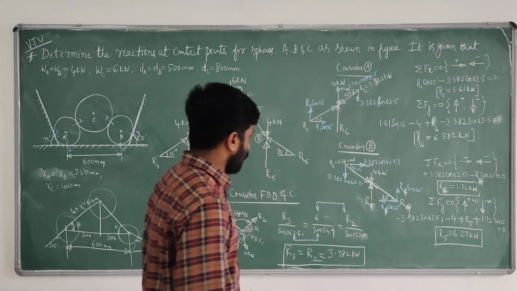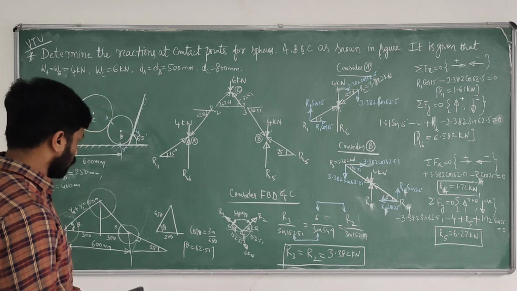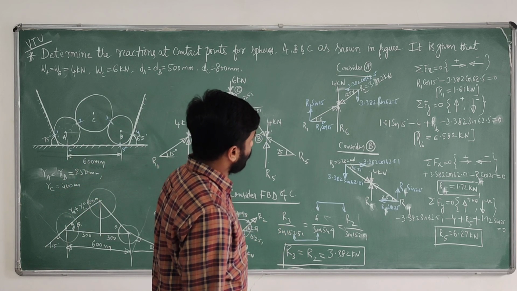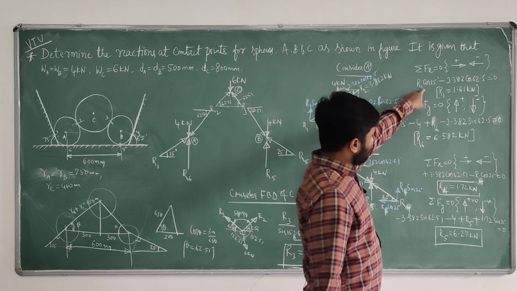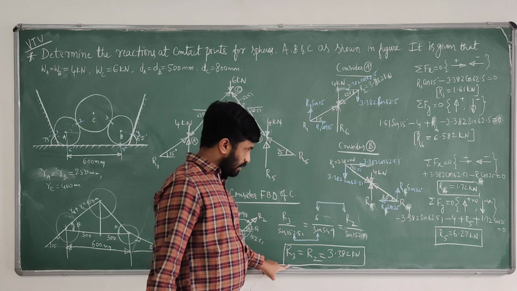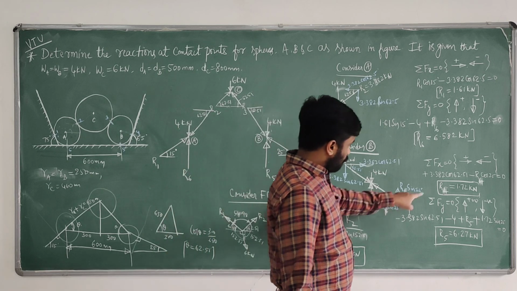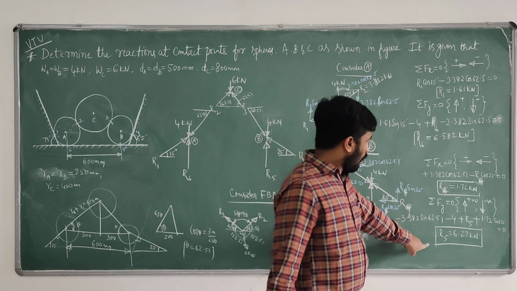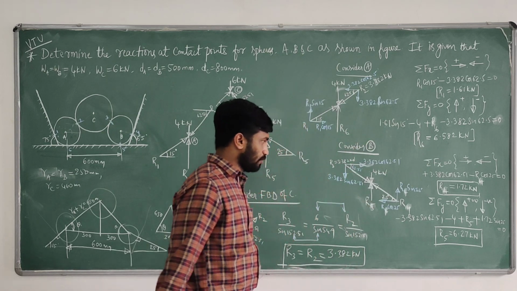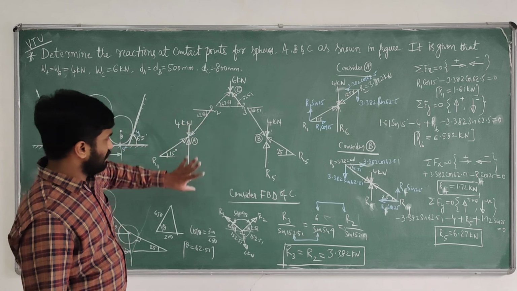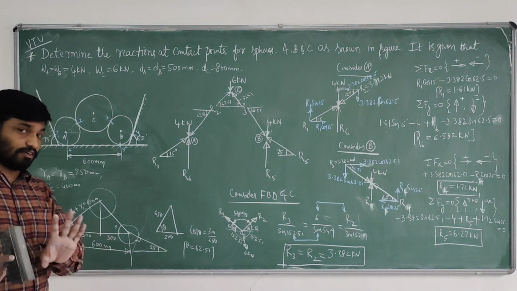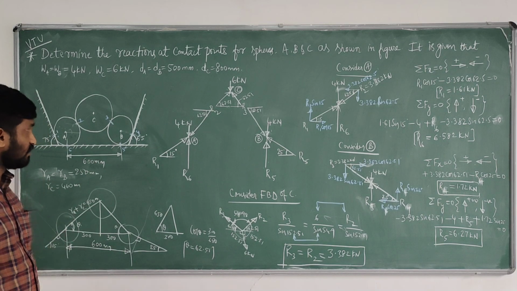So we determined all reactions, right? Firstly see what R1, R2, R3, R4, R5 and R6 are. R1 is 1.61 kilonewton, R2 equals R3 is 3.382 kilonewton, R4 is 1.72 kilonewton, R5 is 6.27 kilonewton and R6 is 6.582 kilonewton. This is a little bit lengthy problem, but it will ask for 12 marks in VTU. If they ask for 12 marks, it's a very easy question.